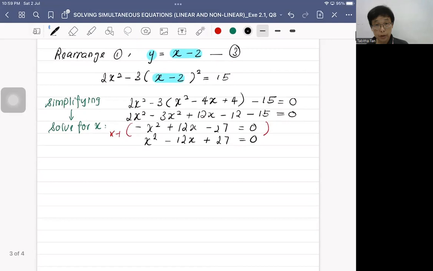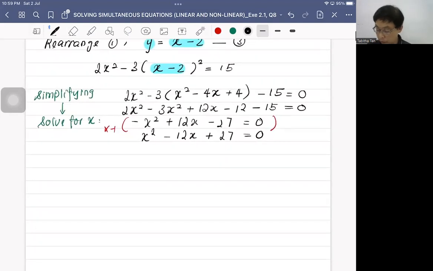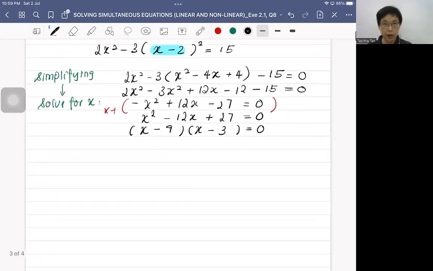So now you can use a calculator, or you can use your mental arithmetic if you're confident. Okay, just go on with whatever you need. So we're going to factorize it. Okay, so now I think we're going to take 9 and 3. That will be a good number. Okay, x minus 9, x minus 3. So from here you got 2 factors, and we will form 2 linear equations